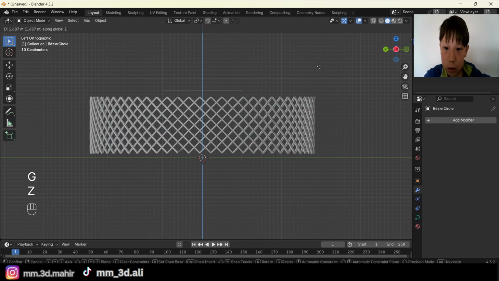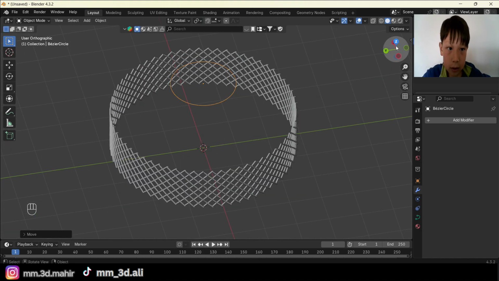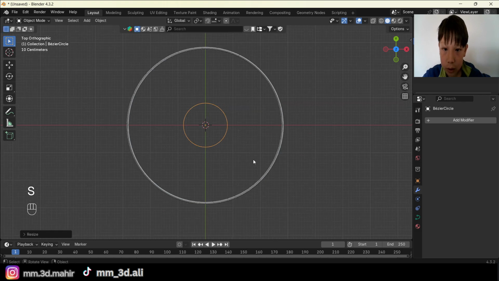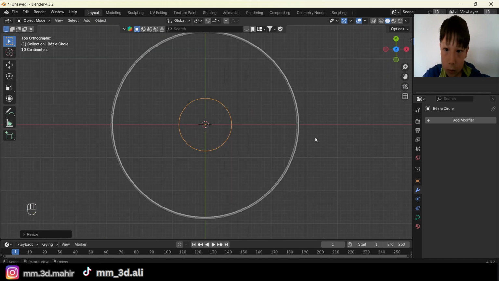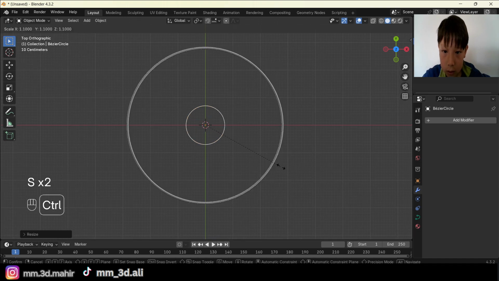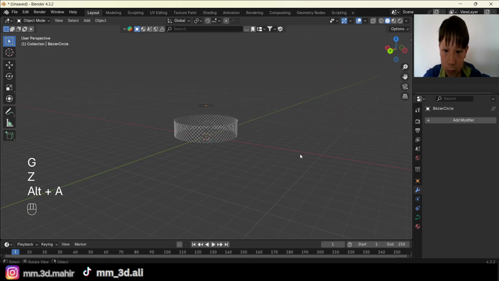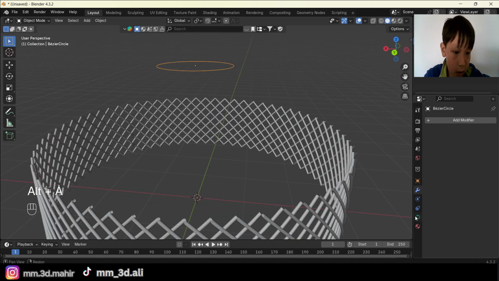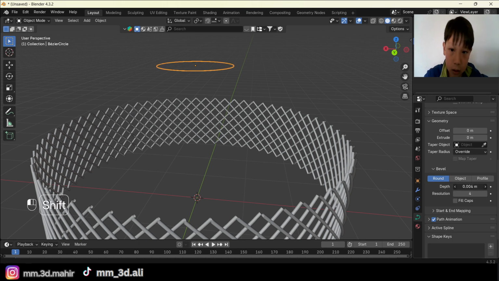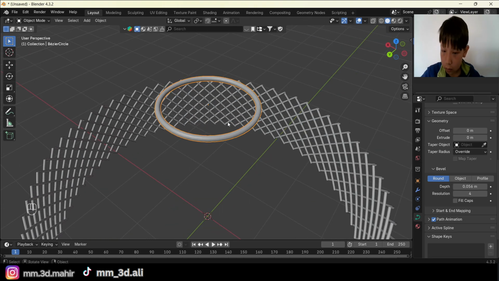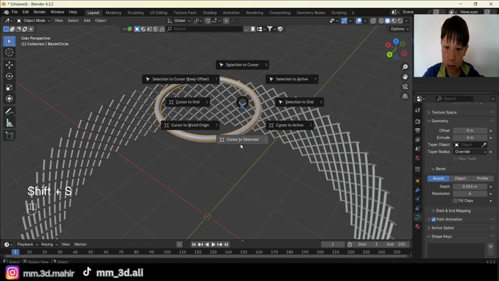Now we want to move this over here, then scale this a little bit, like this, or maybe something like this, and a bit upwards, like this. Now we are going to add a depth geometry to this, and then we want the cursor to be here, so we are going to do Shift S, then cursor to